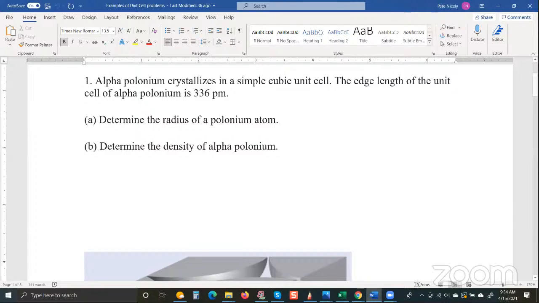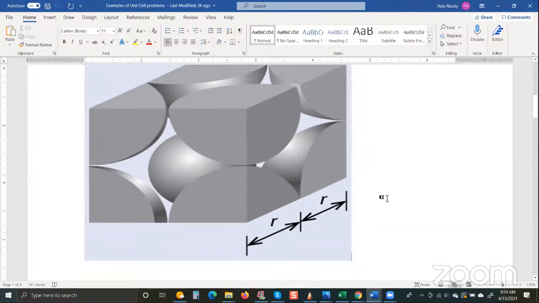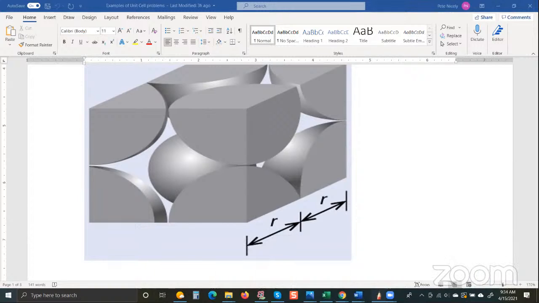You'll notice in the diagram for the unit cell that one full length of the edge of the cube would be equal to two radius lengths, right? So you have one radius here for this atom and another radius here for that atom. So therefore, the answer to the first question is rather easy. So the answer is that since the length,